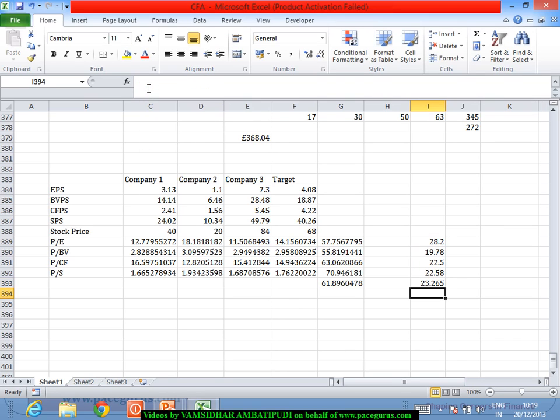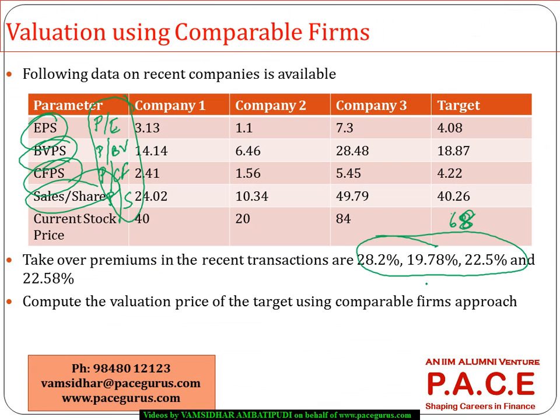Right, when I am taking the average, 23.26%. So from this, whatever value this number has come out to, I will increase this number by 23.26% and say that the appropriate value for this transaction using the comparable company analysis is somewhere around $76.29. So if this particular company needs to be acquired using the comparable firm analysis, I can pay around $76.29 to acquire it.